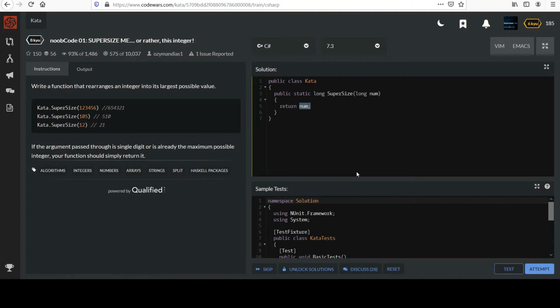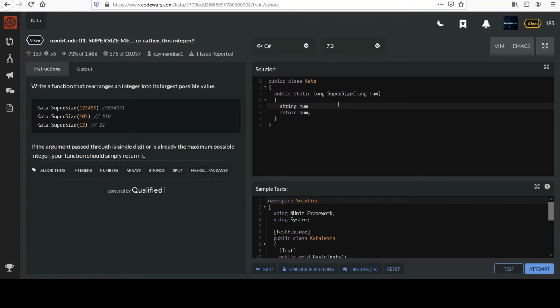Resume the video when you're ready. If you need a hint, you can save yourself possibly a lot of heartache by leveraging the string class, converting the number to a string, and then doing what you need to do and converting back. And that's what I'm going to do for my solution. Makes life easier. So to start, I'll say,